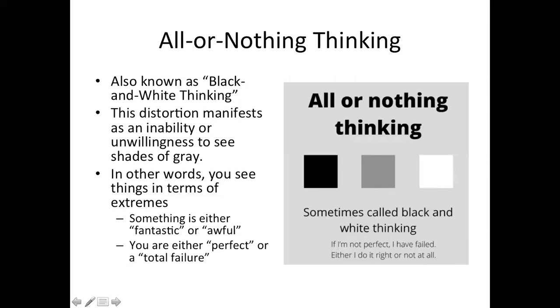The first cognitive distortion that we will talk about is something called all or nothing thinking. You might even hear it referred to as black and white thinking. This distortion doesn't allow us to see shades of gray. It doesn't allow us to see what's happening in the middle. So we tend to think in extremes. A person might say that they're either fantastic or awful. They're either perfect or a total failure. And that dichotomy is unhelpful because usually you're setting yourself up for criticism and failure because no one can be entirely perfect. And if you use all or nothing or black and white thinking, that's going to leave you dissatisfied